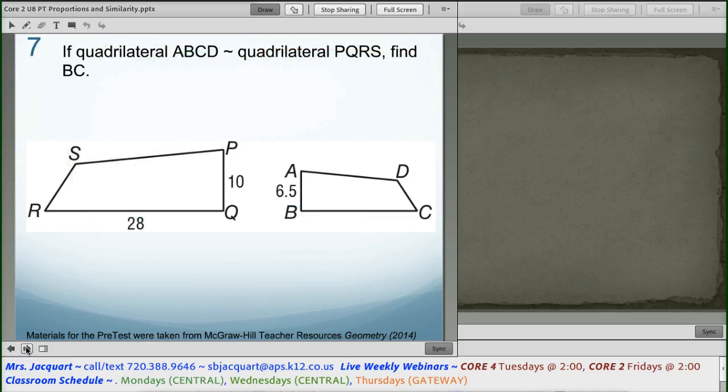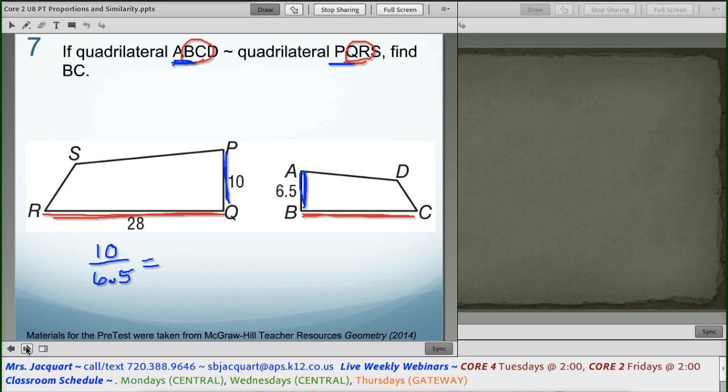Okay, if quadrilateral ABCD is similar to quadrilateral PQRS, find BC. Now the thing that's really important is noticing BC and QR. Okay, so that means that those are the ones that are similar. So QR has to be similar to BC. And we'll do our blue ones. PQ is similar to AB. AB and PQ. So then I'm just going to do 10 over 6.5